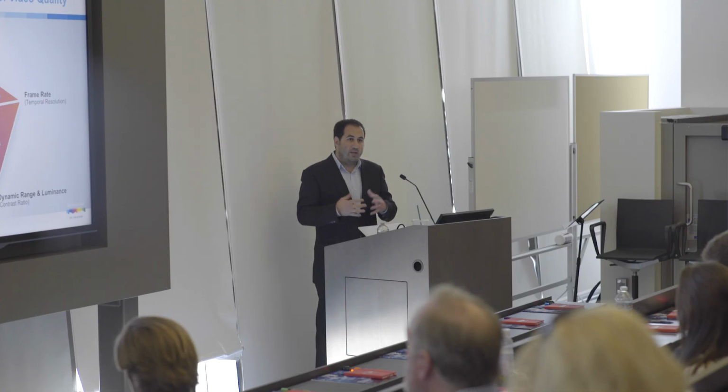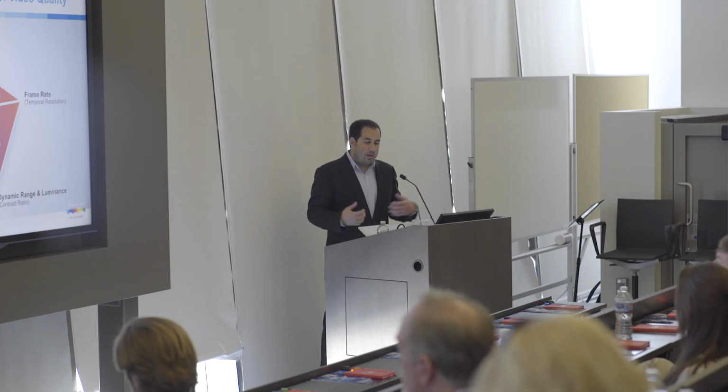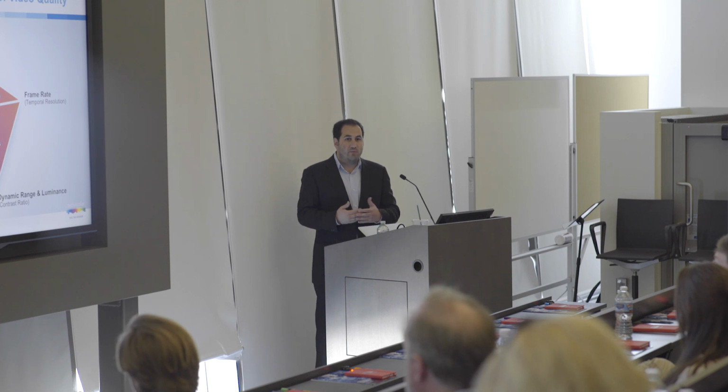What I'm really going to talk about today are the 3 other pillars, which are bit depth, which is the precision of how you sample the color, color volume, which is how many colors are available in your palette, and dynamic range, which is effectively the difference between your lowest dark point and your highest highlight. So all 3 of these areas add up to be what we call high dynamic range, because you are increasing the overall color volume as you do this.